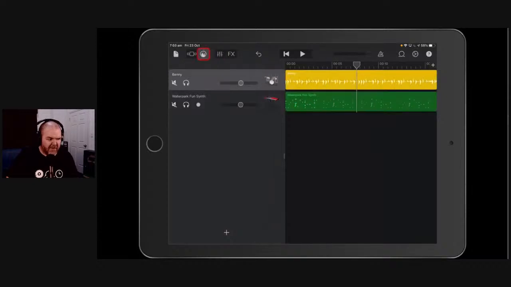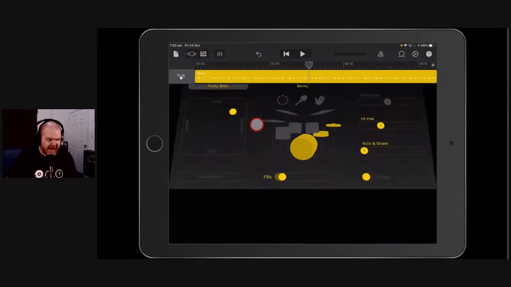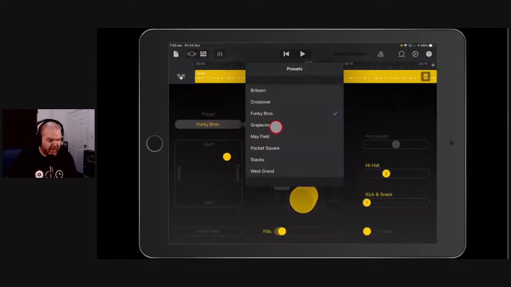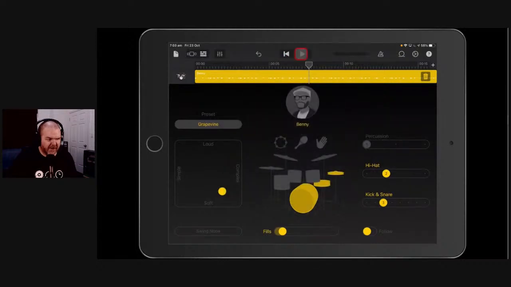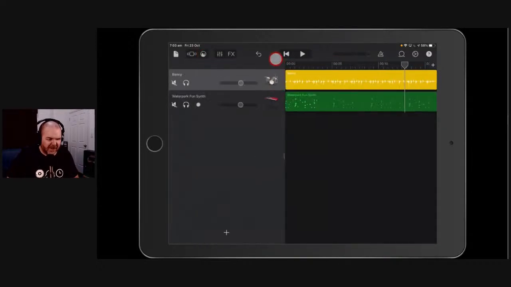Let's just see if we can change up Benny just to give him something different, because it's got Funky Brothers. What if we bring on the Grapevine? That might sit nicer with this. Not bad. We'll leave it in there for now, and we'll just show you how we can layer some things